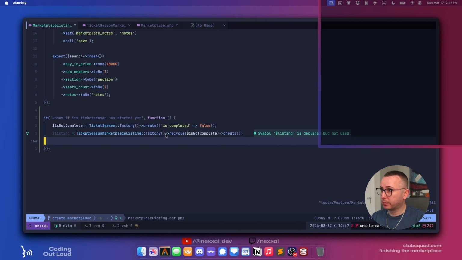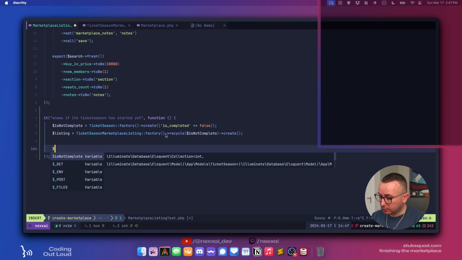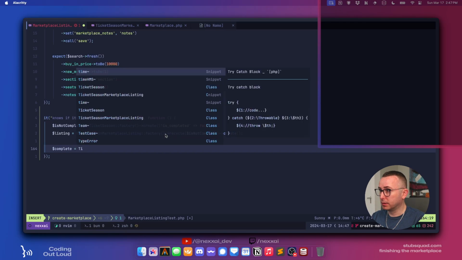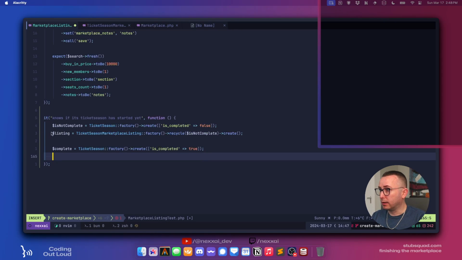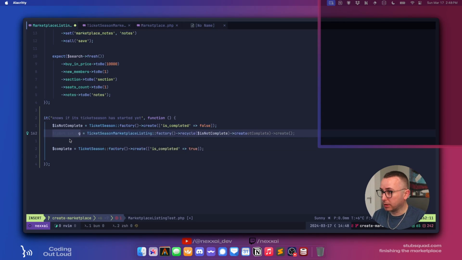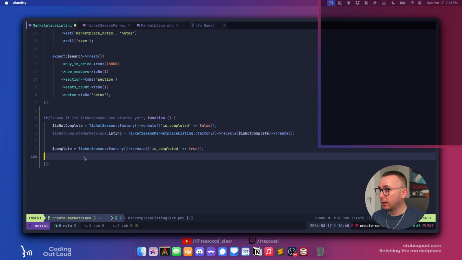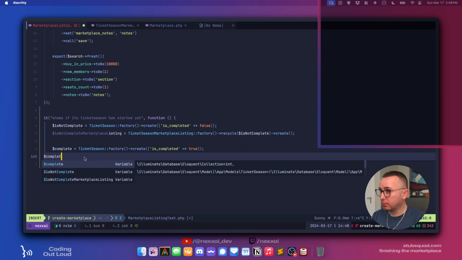Yep. And then we also want to say complete equals ticket season factory, is not complete marketplace listing. Sure. And then this one's going to be complete marketplace listing, complete.